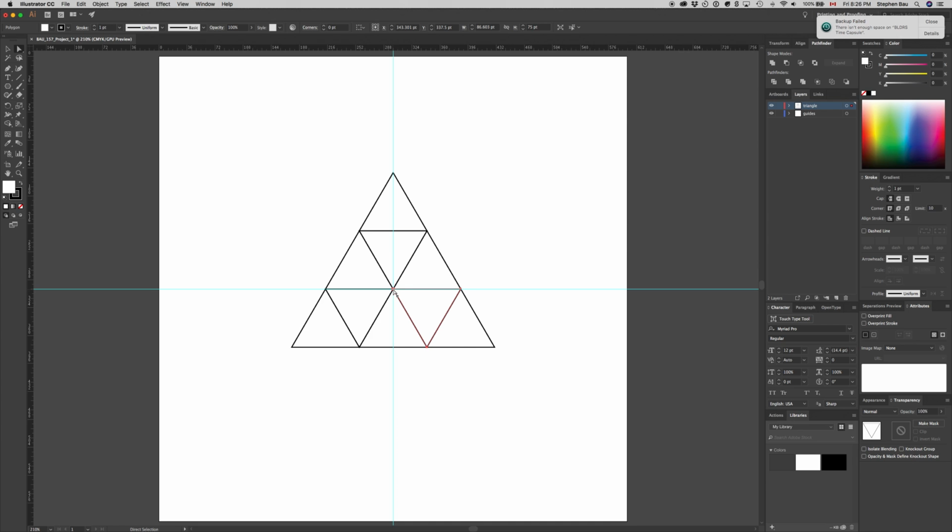So at this point, I should be able to select all of the triangles and set the stroke to none and the fill to black. So we could do that a couple of different ways. So I could deselect and then click and drag to create this marquee that selects all of the triangles on the artboard. Another way to do this might be to click and deselect everything, and press Command A,